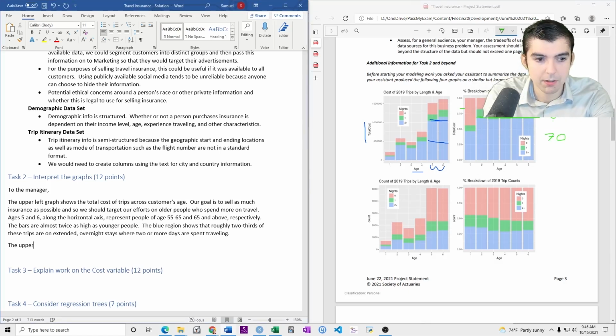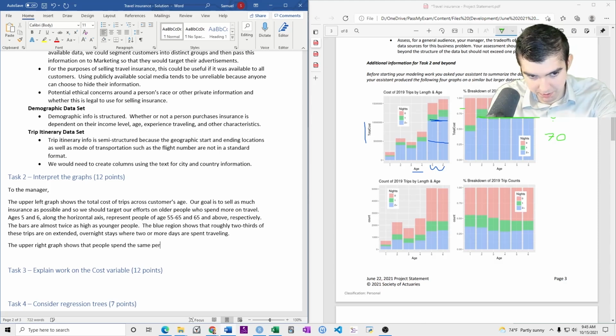The upper right graph shows that people spend the same percentage on trips per day on average.